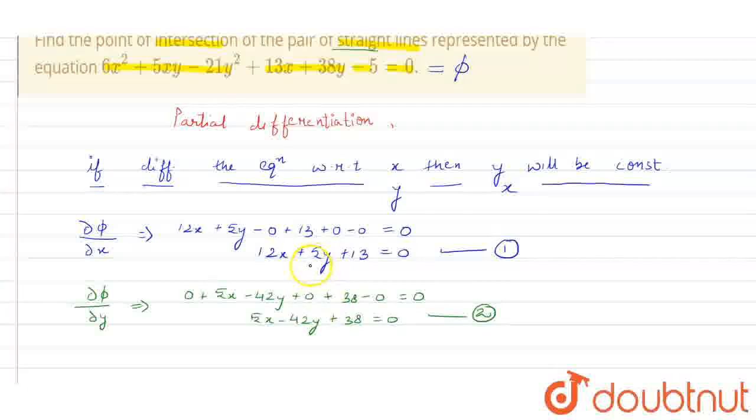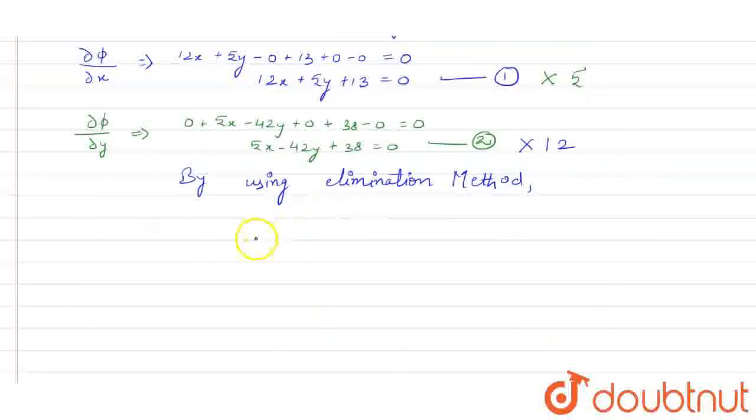You can find it by multiplying one equation with 5 and the other equation with 12, using elimination. After solving these equations, you will get the value of x as −32/23